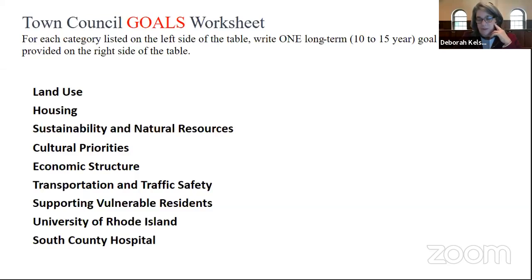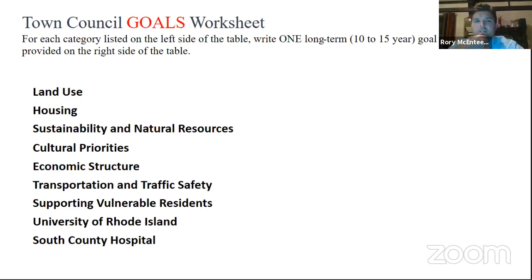Initially it was 50% higher just for commercial, but their commercial properties are, so if most towns are 70-30, right? 70% residential, 30% commercial. Narragansett is like 85-15, very, very few commercial properties in town. So when the 50% higher tax rate went in, you know, it didn't affect a great deal of their tax base.